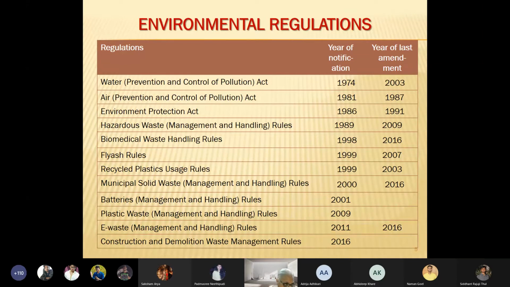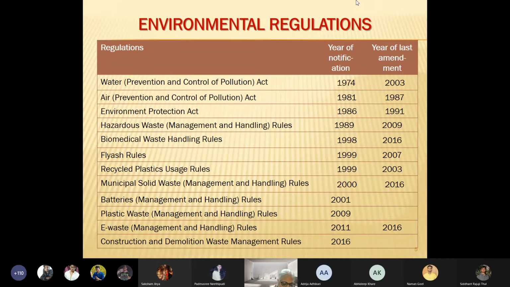So starting in 2011, there are authorized recyclers. There are centers that have been created for formal recycling. So you have dismantling of the e-waste, you have recycling of the e-waste, all these things. And there are several major points in e-waste management, but I'll just say a couple of things over here. In e-waste,